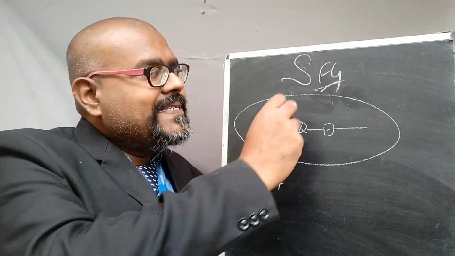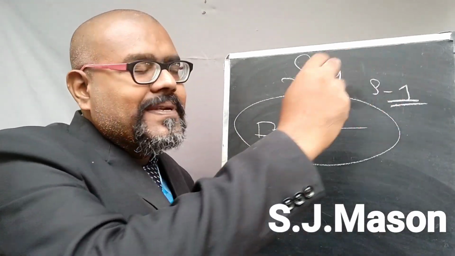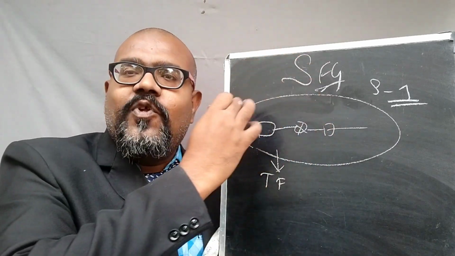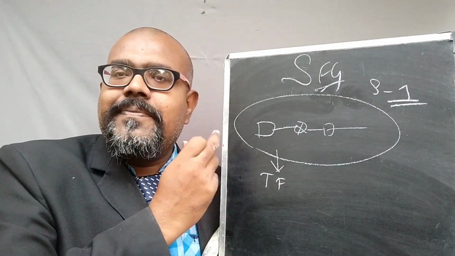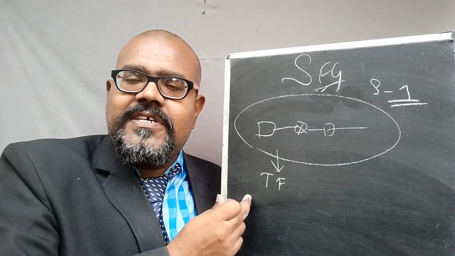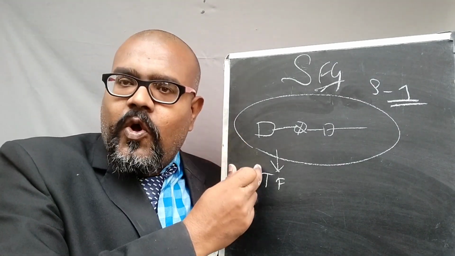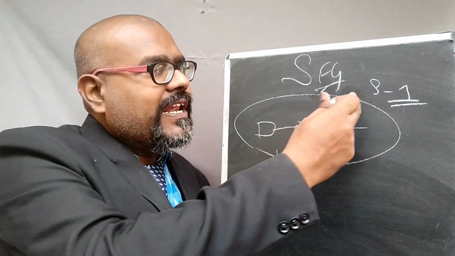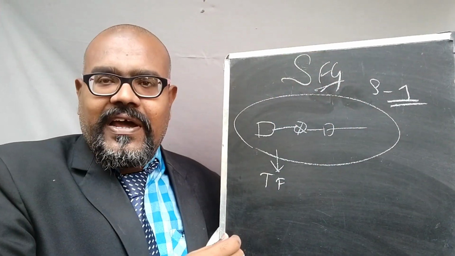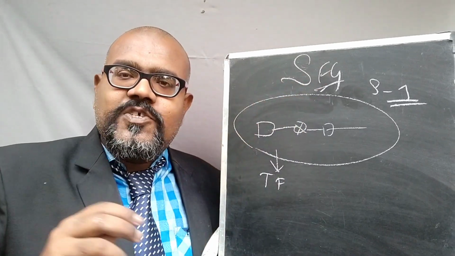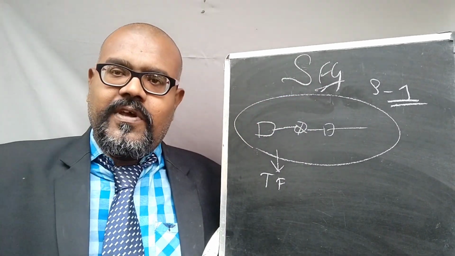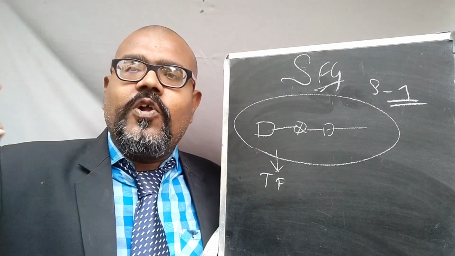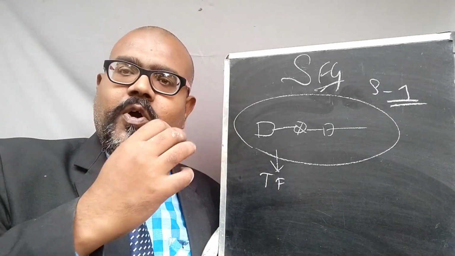So that is why Mr. S.J. Mason, a scientist, introduced this signal flow graph, because of the drawbacks faced by many scientists, as transfer function determination using the block diagram representation is a little bit difficult. Here in the signal flow graph, there is no need of applying any rules. There is a single formula. We need to apply the parameters over the formula, then we get the transfer function. That is very simple when compared to block diagram reduction.